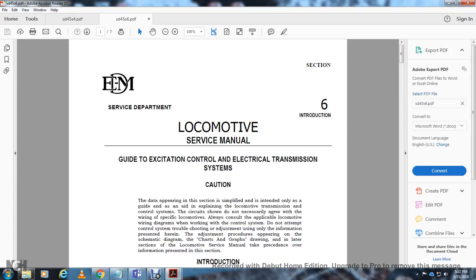The data appearing with this section is simplified and intended only as a guide to explain the locomotive transmission and control. The circuits shown do not necessarily agree with the wiring schematic, the wiring of the specific locomotive. Although the control applicable locomotive wire diagrams when working with the control system, the tip of the control system troubleshooting adjustment, the information presented here and the adjustment procedure appear with the schematic drawing, the charts and the graph is drawing, then later with the section with the locomotive service manual take precedence over the information presented